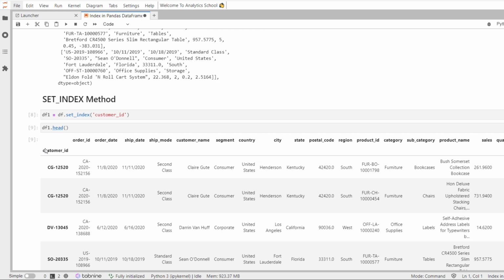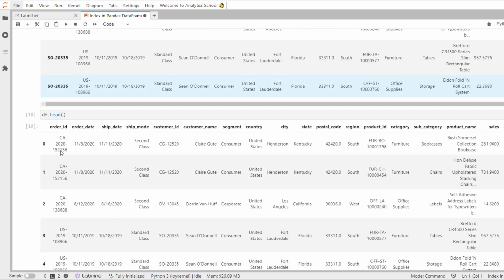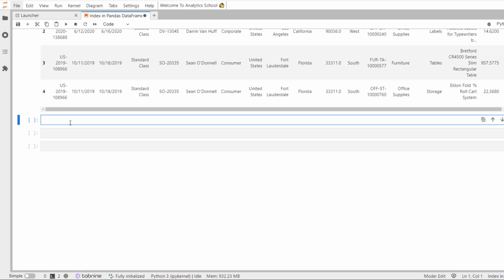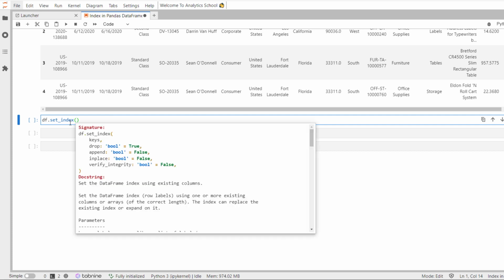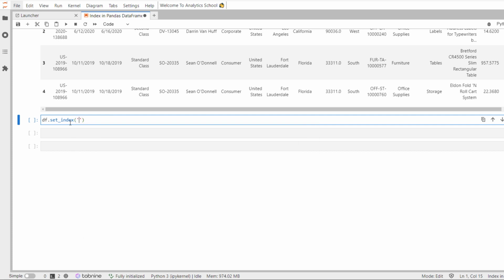Now let's say you want to create a custom index customer_ID for the df DataFrame, how can we do that? We are going to use the inplace parameter of the set_index method. We are going to call the df dataset, call the set_index method, pass customer_ID as the custom index, and then call the parameter inplace equal to